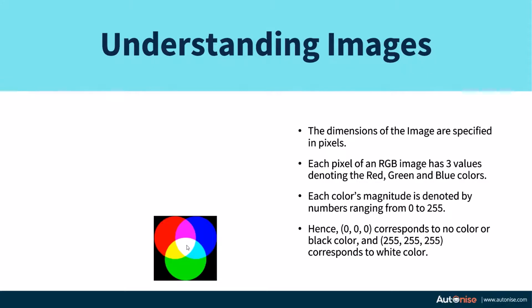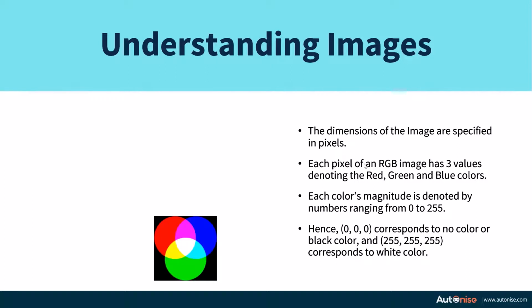A similar kind of ideology is used when we convert images into numbers. When we have an image, we convert it into three numbers. Each pixel in the image, which corresponds to each point in the image, is made up of three values: how much red color the image has, how much green color the image has, and how much blue color the image has. By combining these three values, you can generate any kind of color possible and show it in an image.